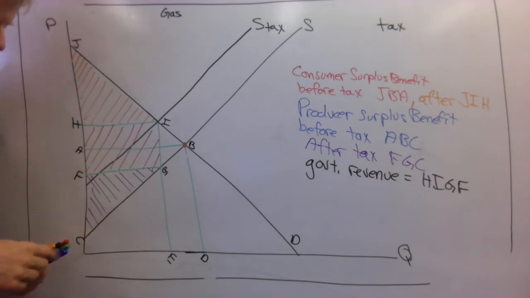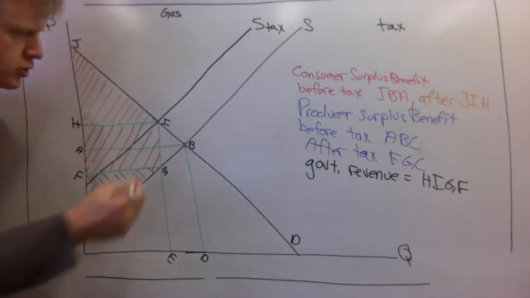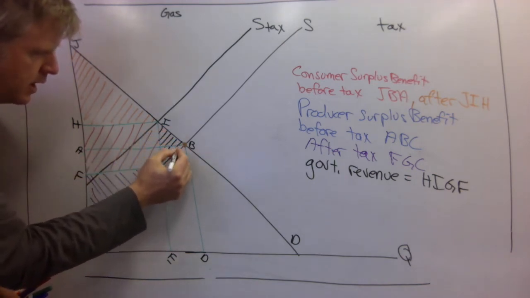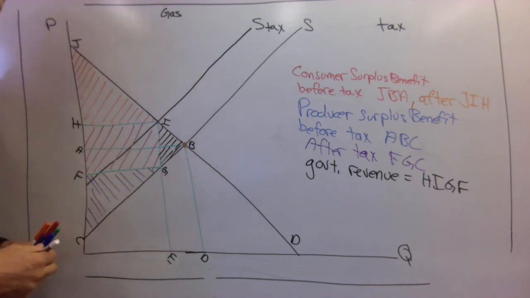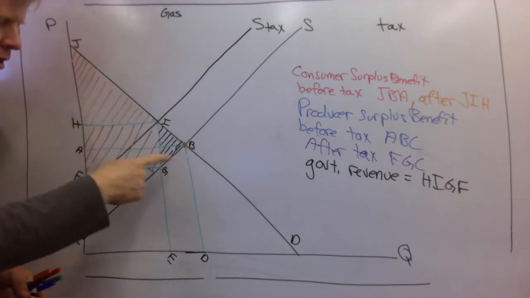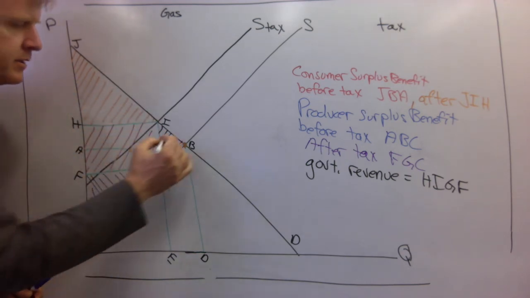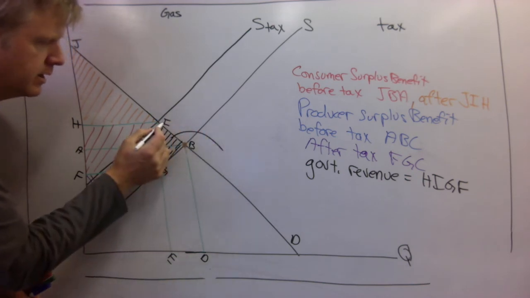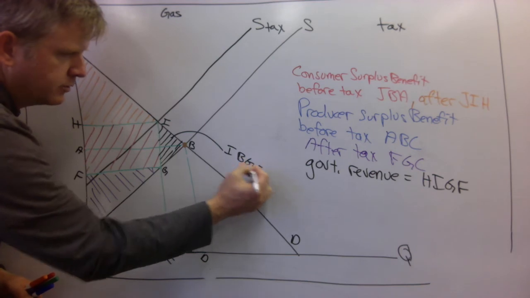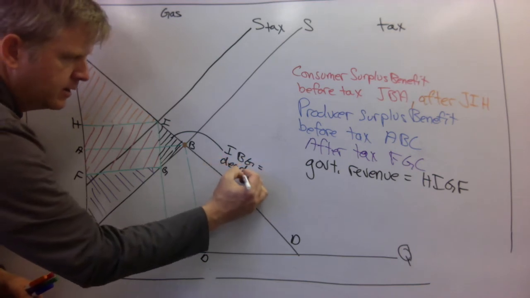But we do find that we have these two triangles here that are lost to society. Nobody gets this. The government doesn't get that value, the consumers don't get that value, the producers don't get that value. This value, this triangle, IBG, is equal to something we call a deadweight